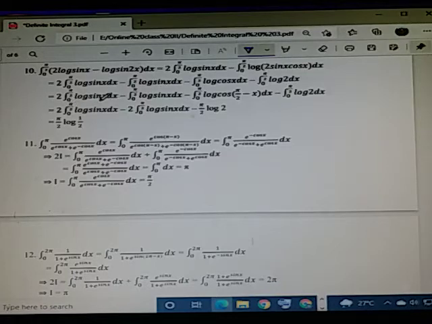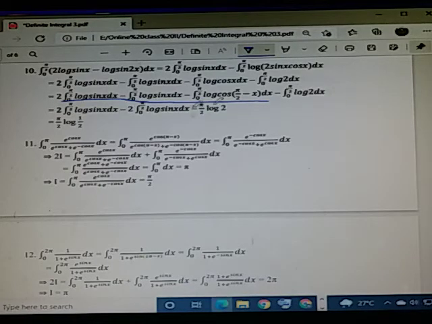So this is 0 to pi by 2 of 2 log of sin x dx. So this is same, and this one we use property 4. Property 4 is cos of pi by 2 minus x. In place of x, we are writing pi by 2 minus x, and this becomes again sine function. And so this is log of sin x, this is log of sin x. So this goes. So this thing is 0. This value is 0. This gets cancelled, and remains only this one, minus 0 to pi by 2 log